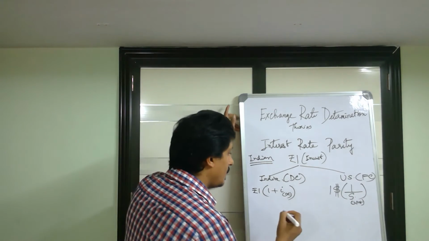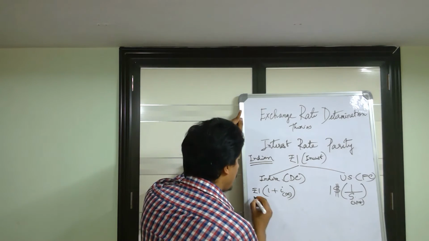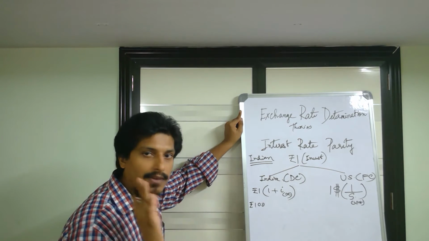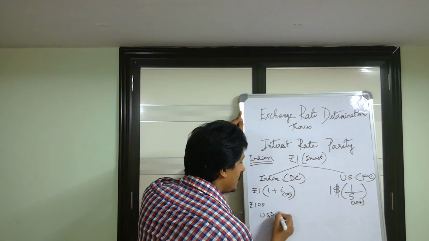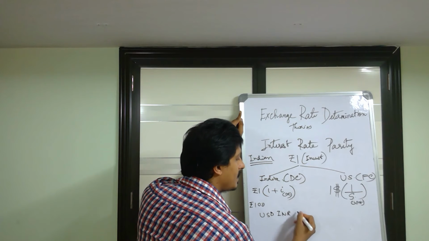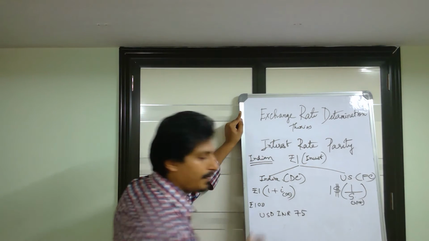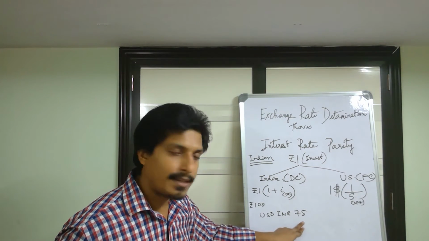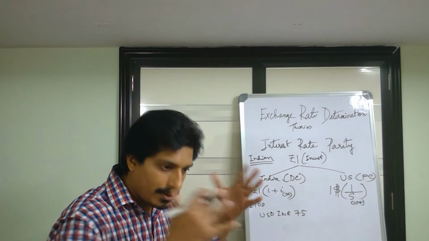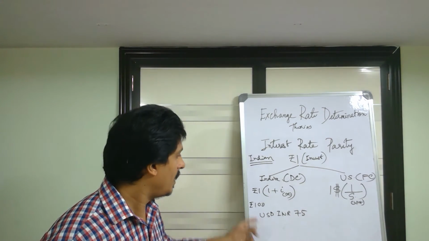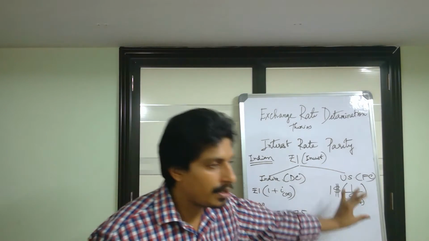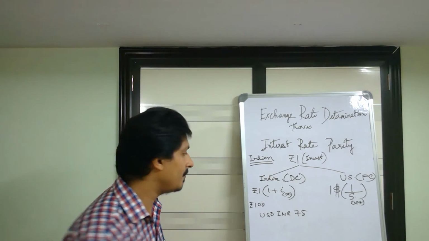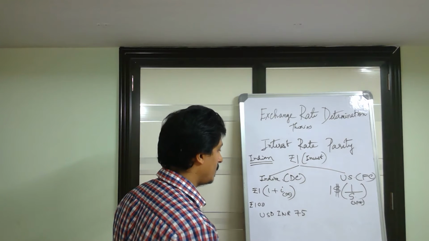I can show you how it is done. Earlier, let us say instead of 1 rupee, let us say we have 100 rupees to invest, and the USD INR exchange rate right now is 75 rupees. 1 USD equals 75 rupees. For 1 USD, you have to give 75 rupees. Now, if you are going to invest the equivalent amount in the US, you have to convert these 100 rupees into USD. So, how many USD will you get? How will you do that?